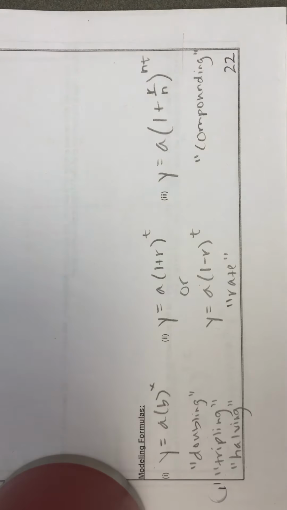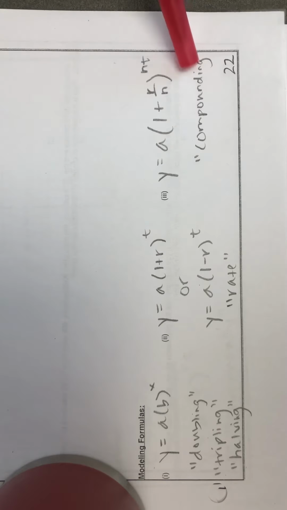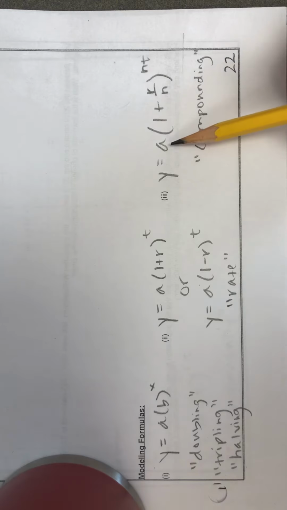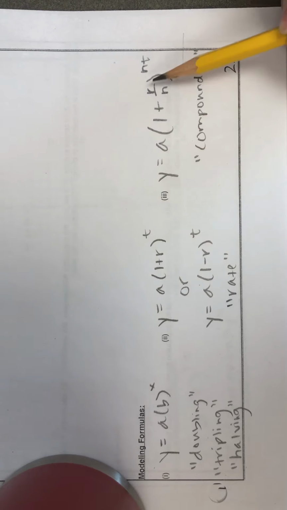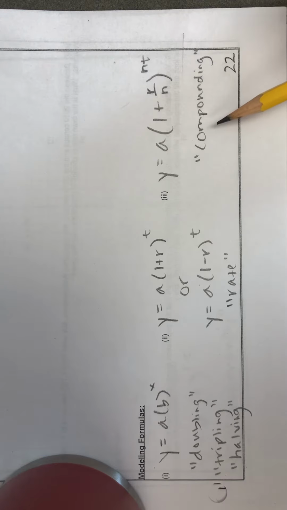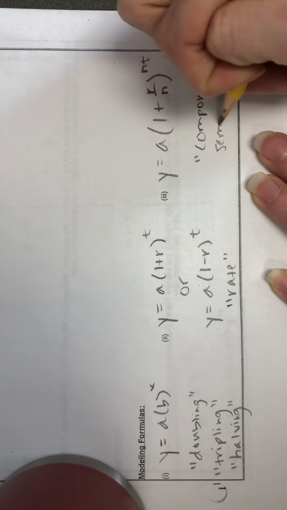So first and foremost, if you see anything having to do with the word compounding, compounding interest, for example, that keyword usually means you should be using this formula here, where A is the amount of money that you start with in your account, R stands for the interest rate, N is the number of times you're compounding per year. That shows up in two places, and T is time in years. Now the key here, and the reason I said it's usually used when you're compounding, if you're compounding, let's say,